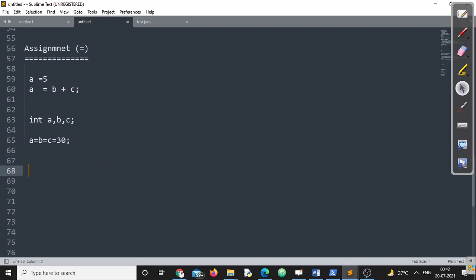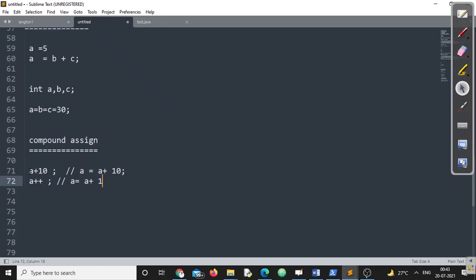The third way is the shorthand assignment operator, or we call those compound assignment operators. What are those? I am writing a plus equals to 10. A plus equals to 10. This is exactly the same, not exactly the same, this is something like a is equal to a plus 10. Remember this point. If you can recall, at some point of time we used a plus plus, right? And what we said, a plus plus is somehow equal to like this. It will increment the value of a by 1 after the value is used, since it is postfix, right?